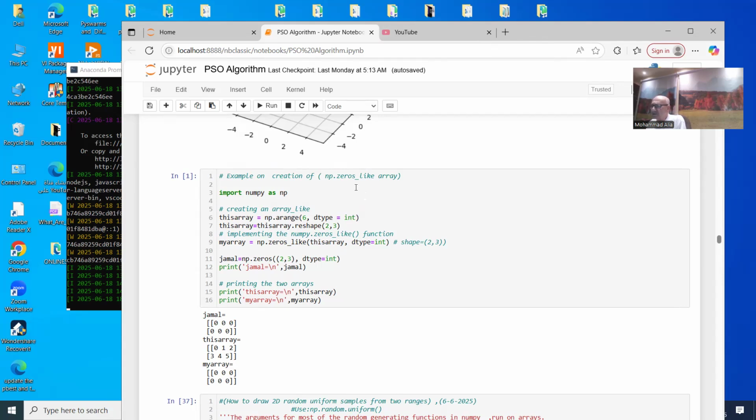dimension. For this purpose, it is recommended to use the NumPy zeros-like array function. Here is how it works. We import NumPy as np. I have created an array, just an optional array, by using a range function beginning from 0 to 5. The data type I gave is integer. Of course, it could be floating. And I have reshaped this